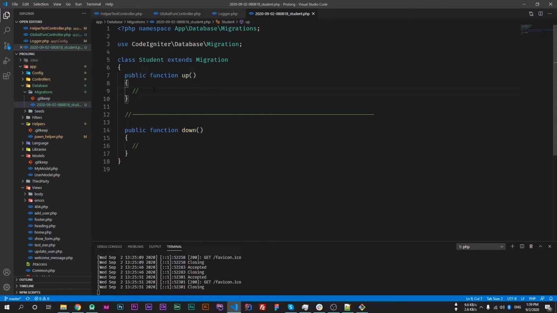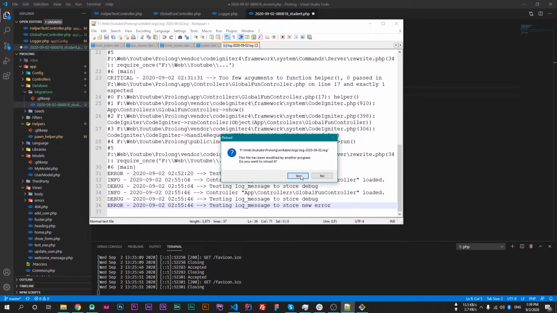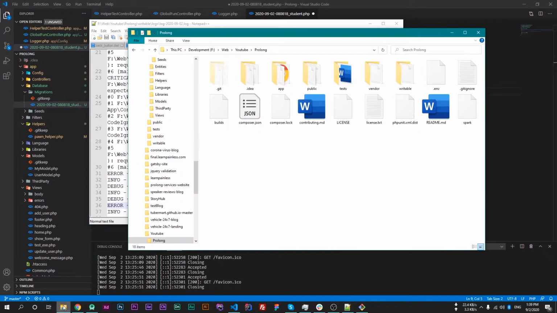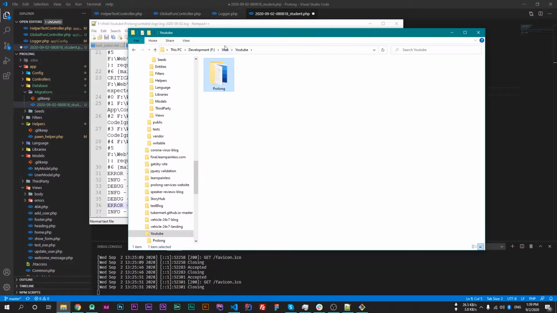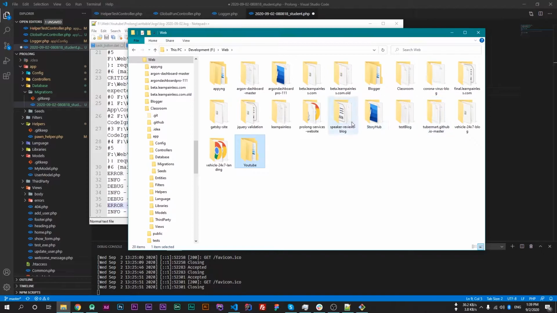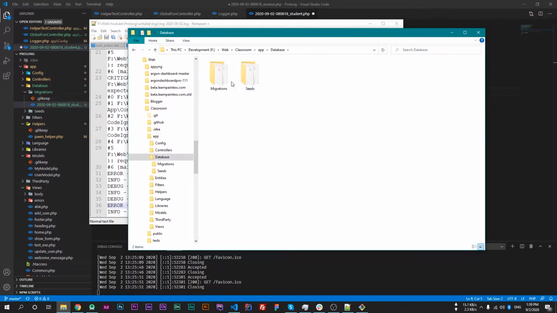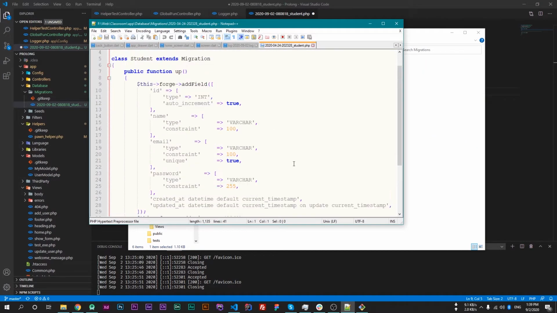So let's work on the up function. So I have already created a schema for this. So let me open that. So we will use these variables to create our migration.